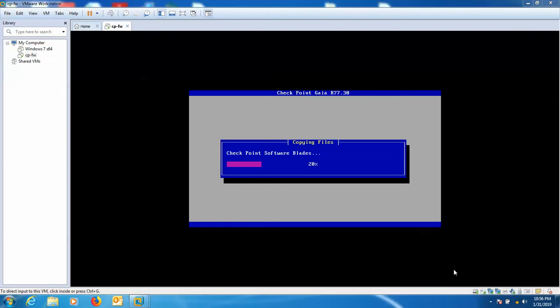You can check the installation of Checkpoint software blade. Actually, Checkpoint counts the license in software blade. This is showing the software related installation.